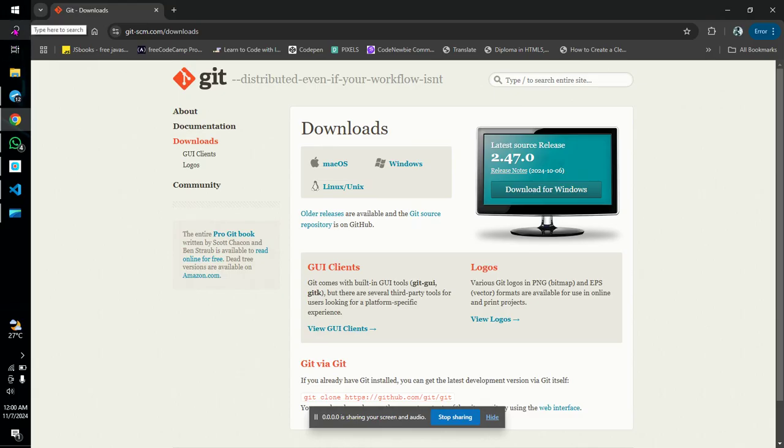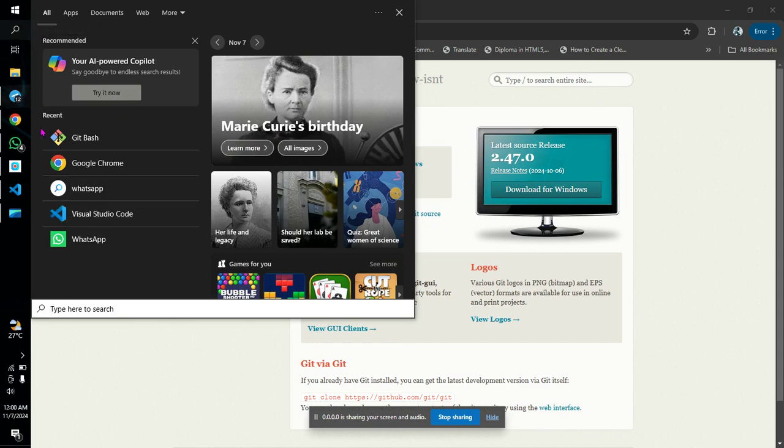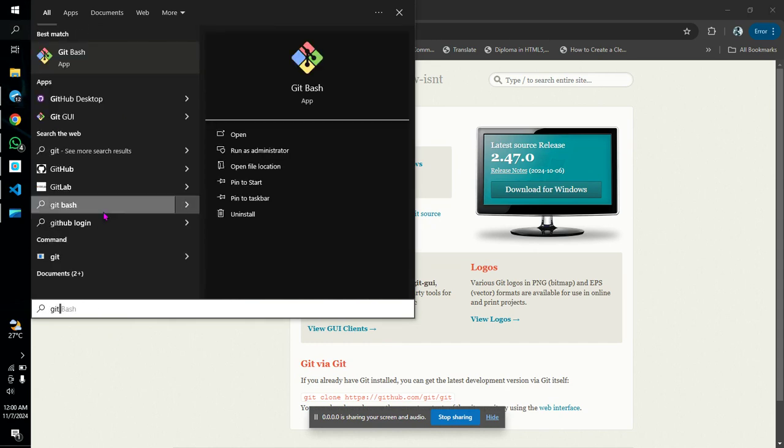So if I come to my apps, I want to check my apps. Let's say I just want to search. If I say Git Bash, you will see that it's already there in my system. So I can just run it by clicking on it. Alright. So when I run it, I'll now navigate to the folder I want, or I can now create a folder. So now,